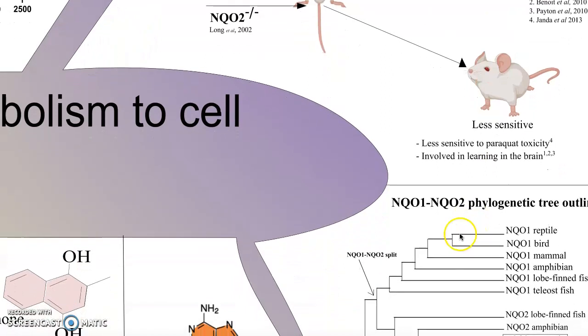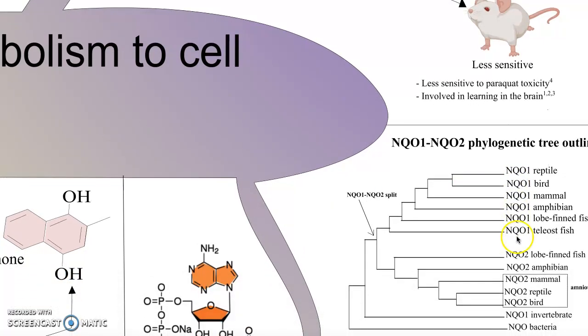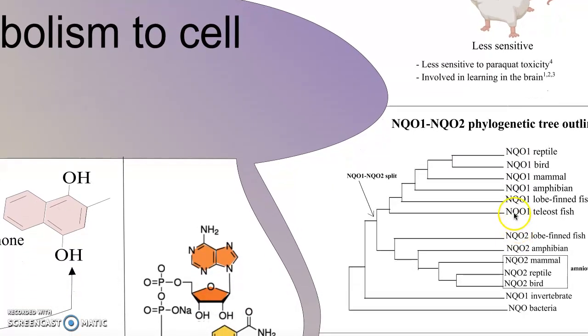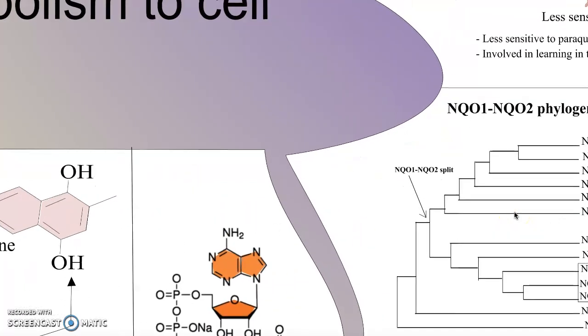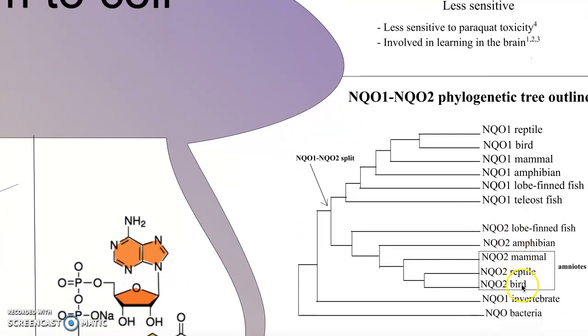We are investigating the molecular mechanism behind NQ2 cofactor specificity by an evolutionary analysis. We found that the cofactor specificity of NQ2 in reptiles and in birds is the same as that in mammals. We think that there is functional NQ2 in all amniotes, and some amphibians and lobe-finned fish have NQ2 but may not actually be functional. We've also discovered that NQ2 emerged around the time when vertebrates were emerging from the ocean